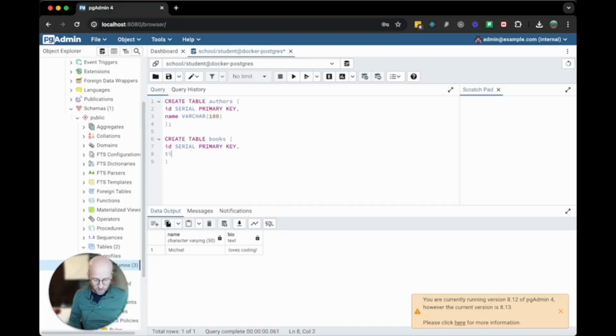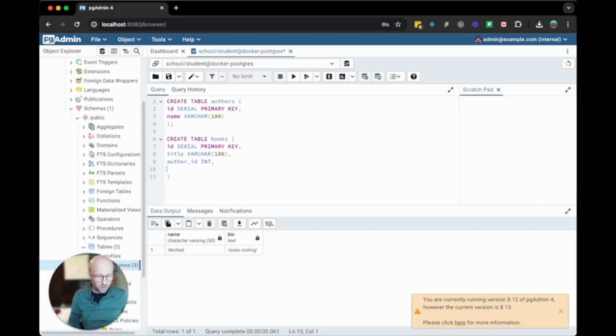We have a title of the book, which will be a varchar of maximum 100 characters. We want to connect it to the author, so we say author ID, and this will be an integer,